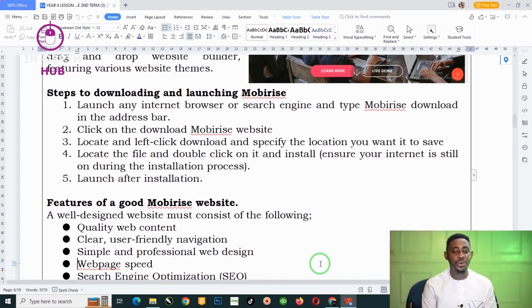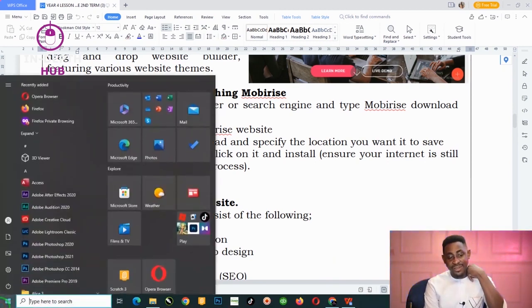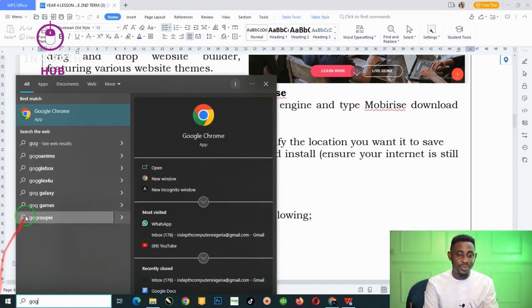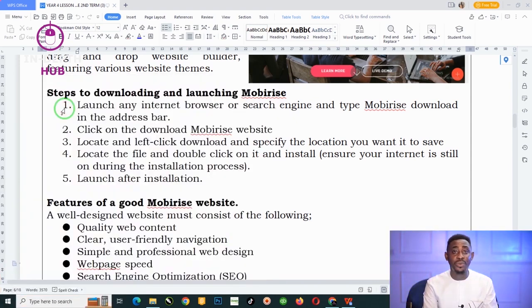So the first thing is you need to launch any internet browser or search engine on your computer system and type download Mobirise software in the address bar. So let's do that together. So you want to download Mobirise software on your computer system. You locate and left click the start button, and then you can use any of your browsers, either Google Chrome, Mozilla Firefox, Microsoft Edge or Internet Explorer, but I want to use Google. So I like to use Google Chrome. So I'll just open the Google Chrome application,